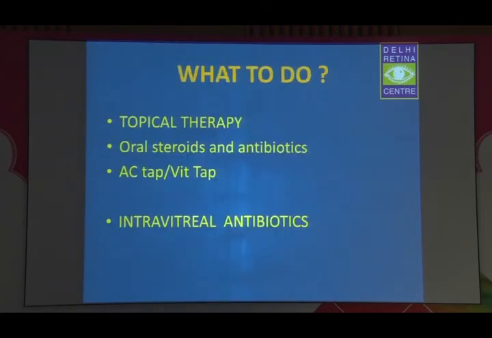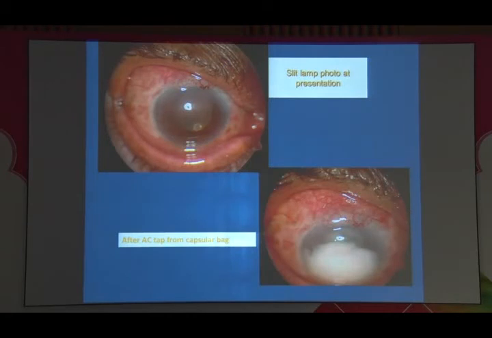So this patient was taken for aqueous tap, and it was done in the OPD because you can do it in a sterile room where you can do your minor procedure. You can see, once this tap was done, as soon as the needle entered into the capsular bag, so much exudate came from the capsular bag. This was a picture which was taken in the OPD itself. So you can see the enormity of the problem in the eye. All the capsular bag was sequestered with the pus which was not visible.